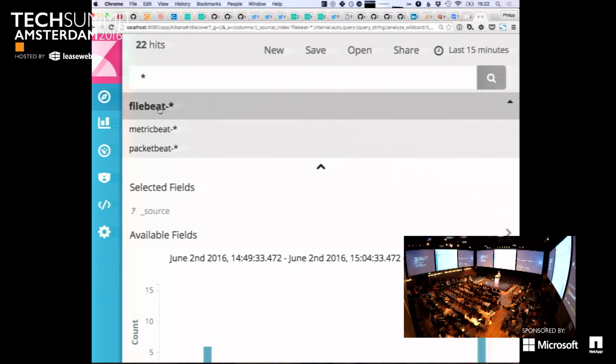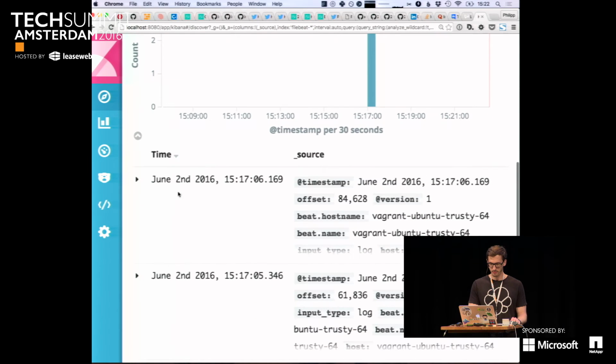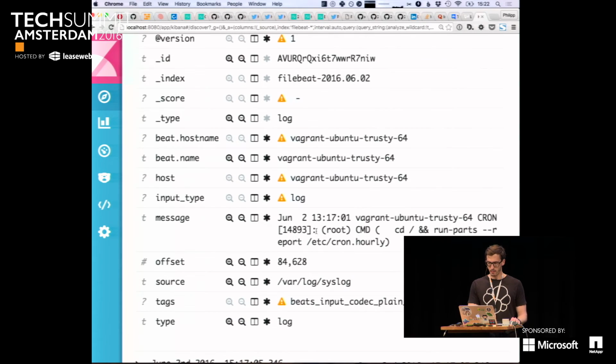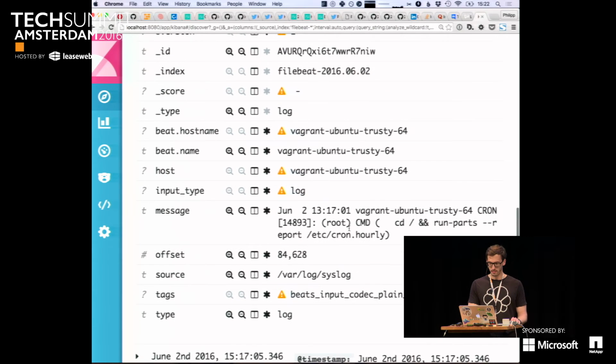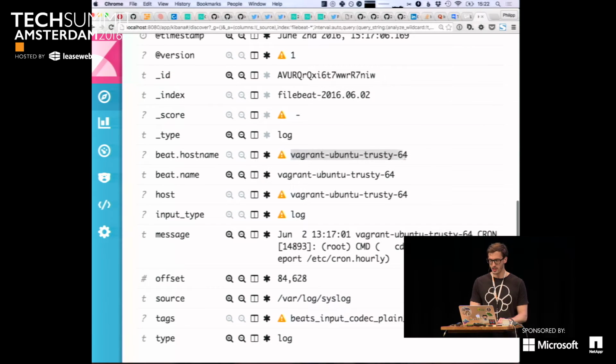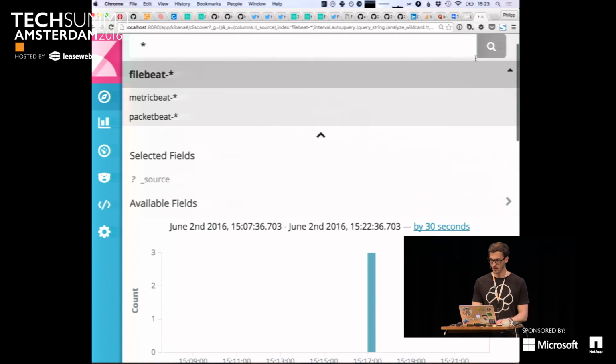Okay, so if I run the last 15 minutes for Filebeat, you can see I've just had 3 hits. Obviously something happened there, and I've expanded something here. I can see, okay, yep, there was an hourly cron job, it landed in syslog. All the stuff like, where did it come from, what was the host name? I mean, the host name is not that interesting if you run it on the local system, but if you have lots of servers, this will make a difference. And you can actually filter for that and see the type, where did it come from, when did it happen, and get all of that information.